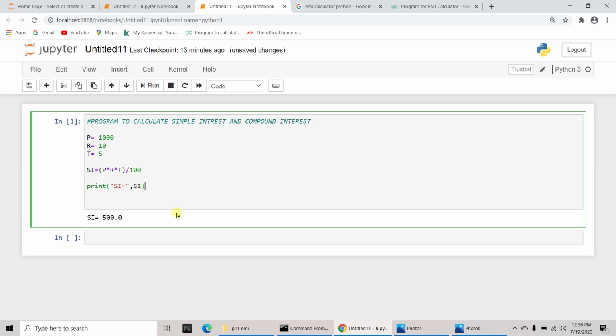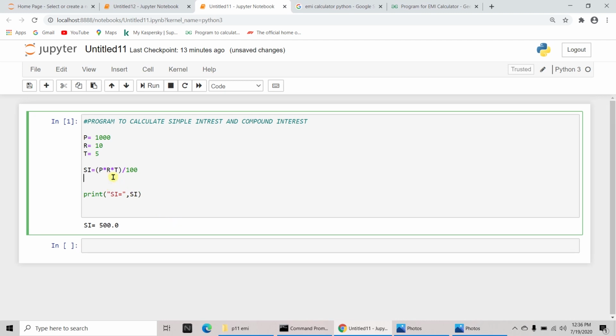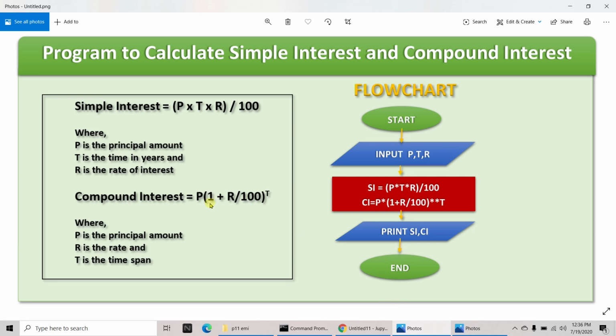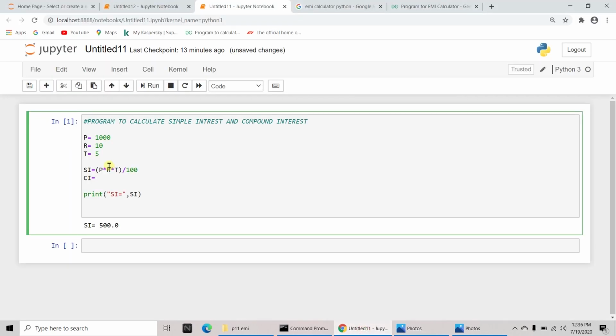Let me write the compound interest formula here. The same way, compound interest is equal to P into (1 plus R by 100) to the power of T. So we need to give P into, 1 plus R by 100.